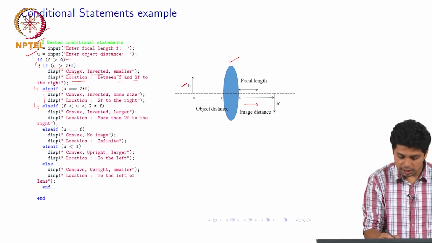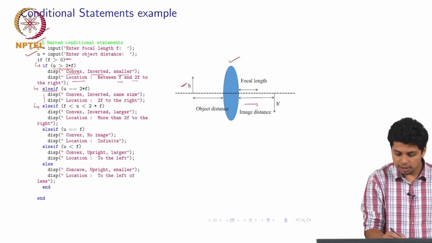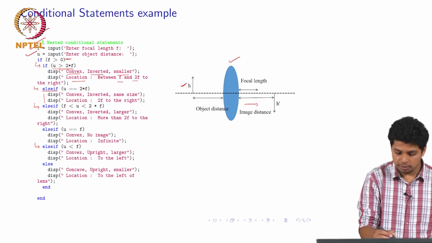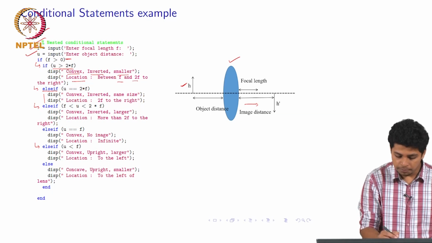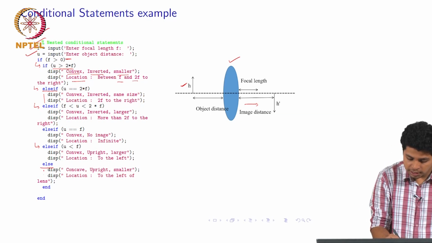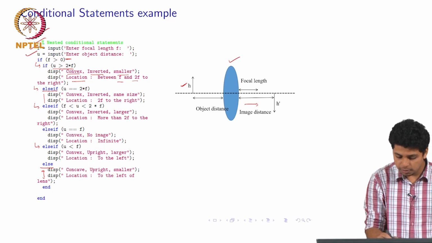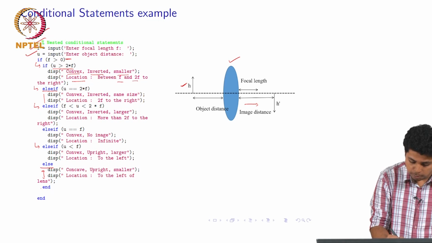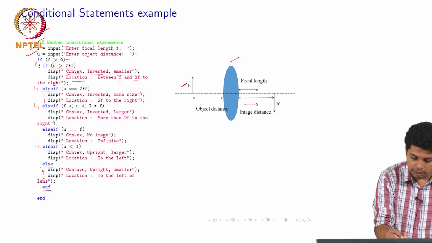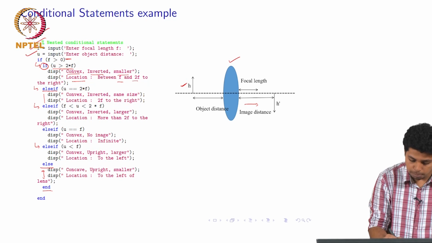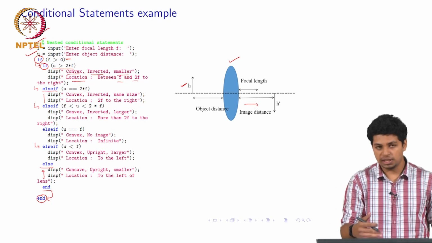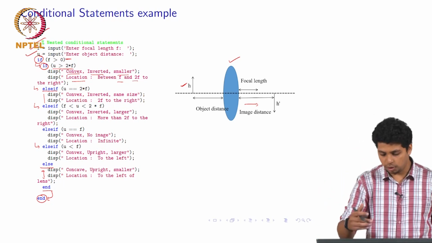We keep checking conditions until we run out of them, and if a certain number of conditions are tested, but our object or variable is not satisfying either of them, then we can just put an else statement and write whatever statements we want to execute if no condition is satisfied. Then after this we put an end statement. This will end this inner if. Then it will just jump out, and we also end this first if. This is just an example to show you how conditional statements in MATLAB work. So you can write any code like this.